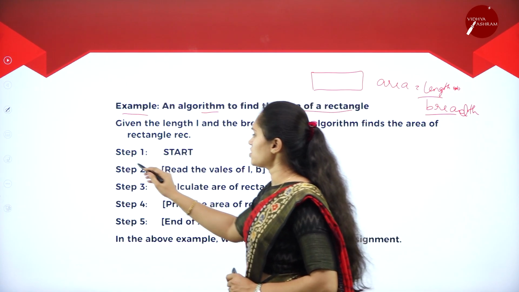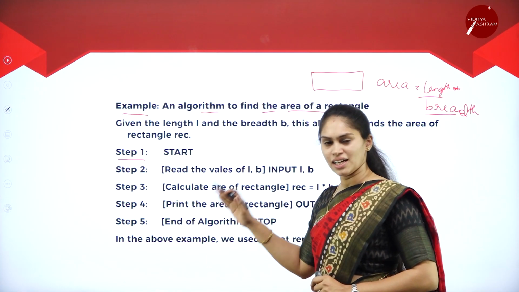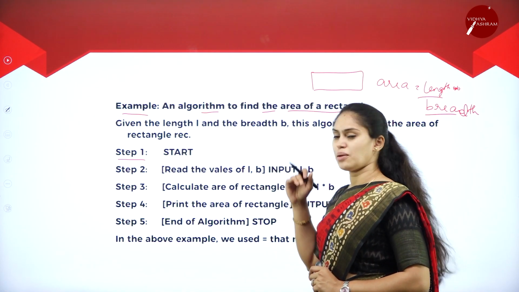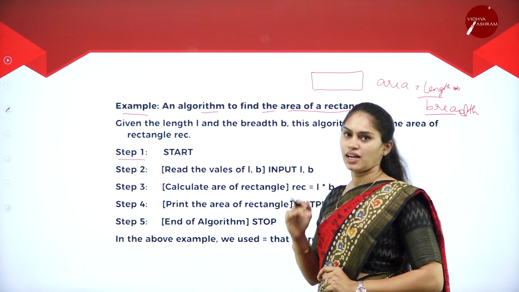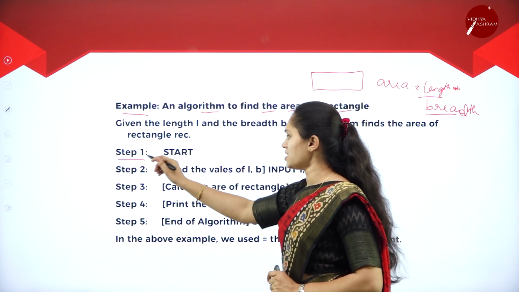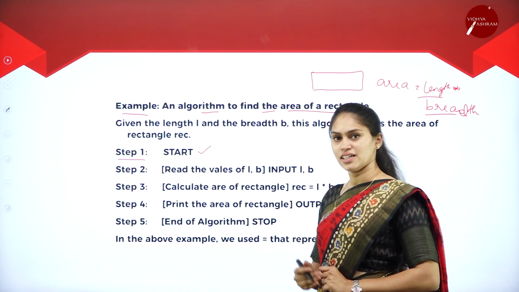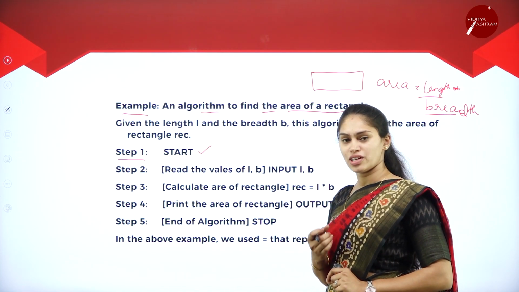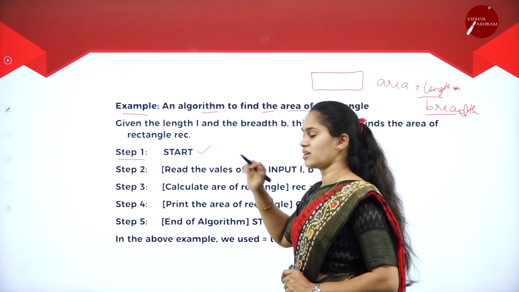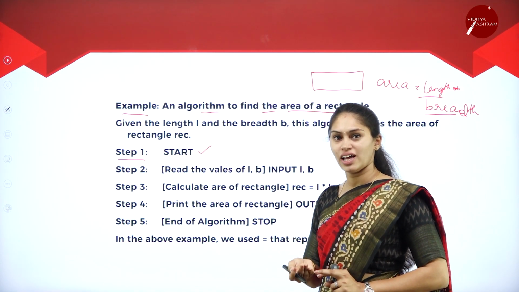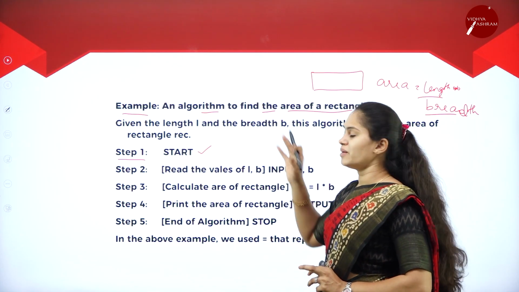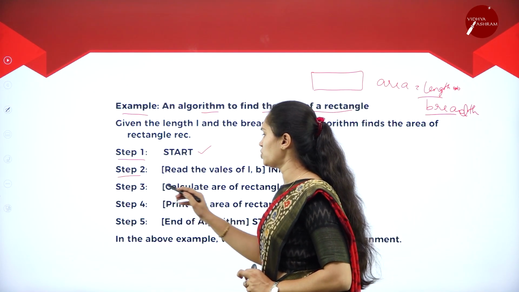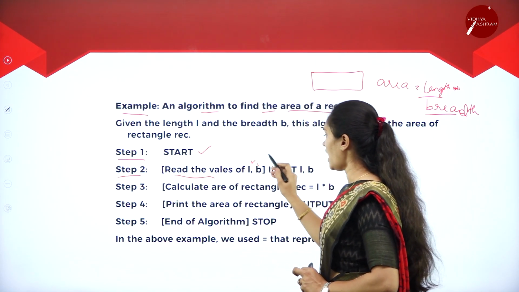Right. So when it comes to the first step, while writing an algorithm, you have to follow steps. Okay. Step 1 and the last step will always be start and stop. So when it comes to step 1, it is always start. We need to start the execution. That means we need to start writing a solution for the problem. That will be step 1. So in the second step, we are going to give the input. Then for this problem, what are the inputs that we are taking? Length and breadth. So when it comes to step 2, read the values of L and B.